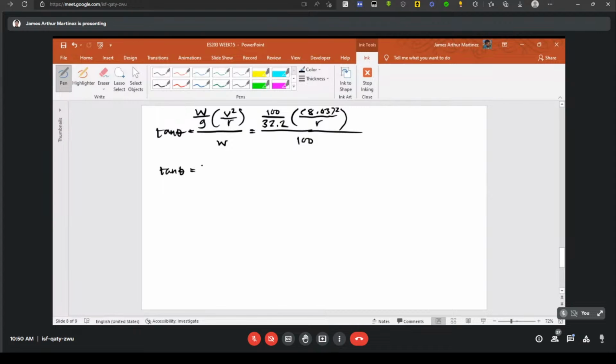this is just 5 over 1 times 8.03 squared all over